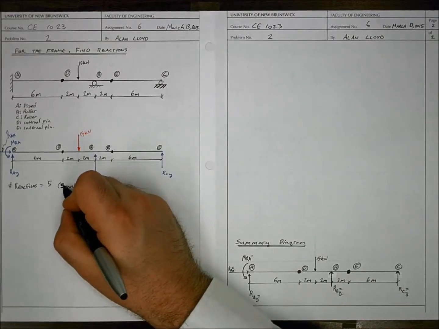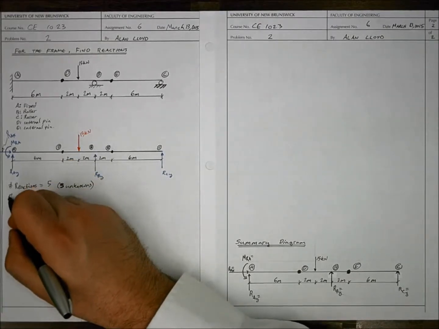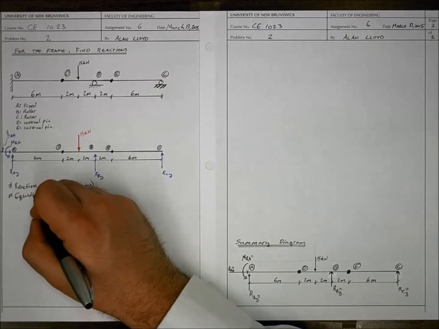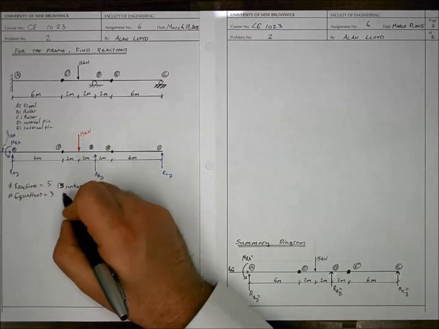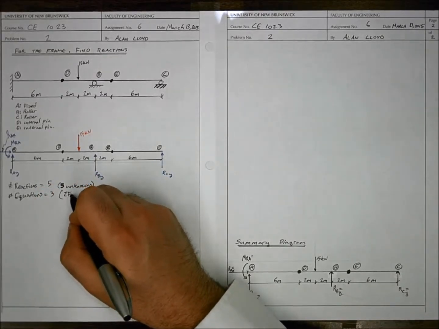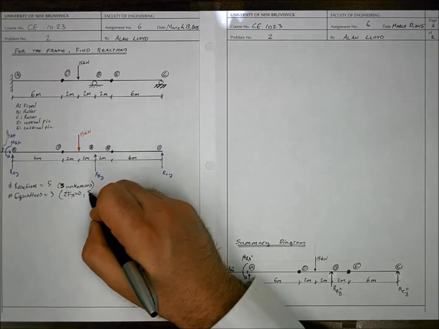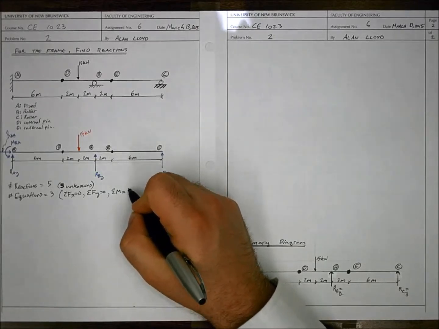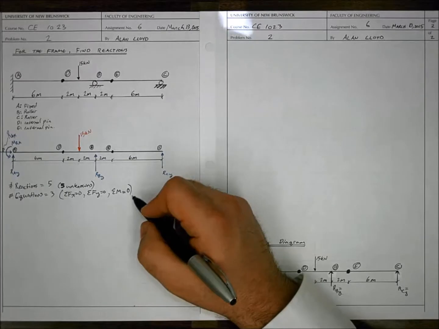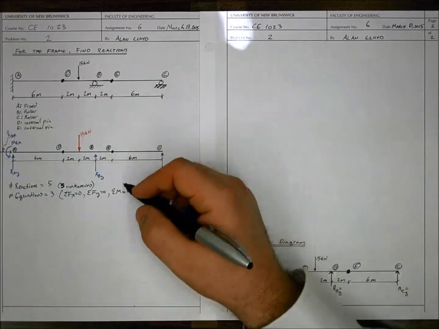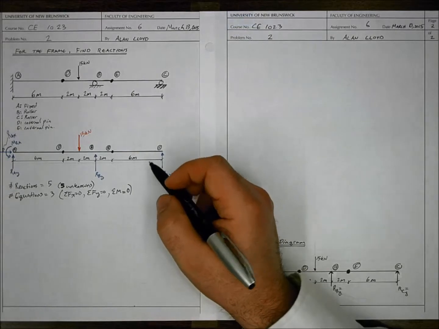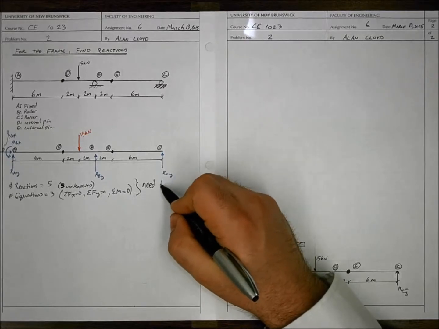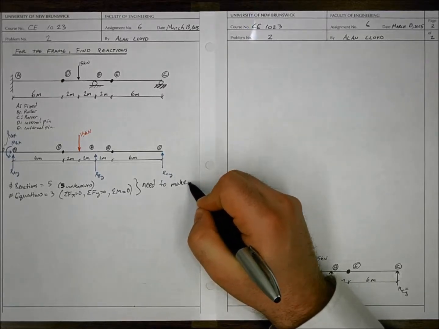And we have 3 equations to work with. These are equations of equilibrium. So we have the sum of forces in X is equal to 0. The sum of forces in Y is equal to 0. And the sum of moments about any point on the XY plane, moments about the Z-axis, is equal to 0, I'm sorry. Since we have 5 reactions or 5 unknowns and 3 equations, we need to make section cuts